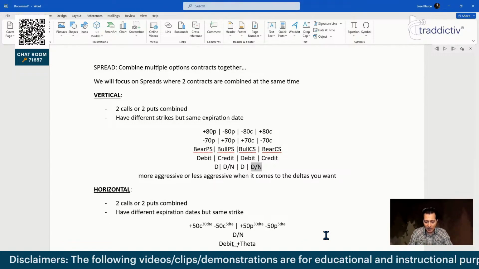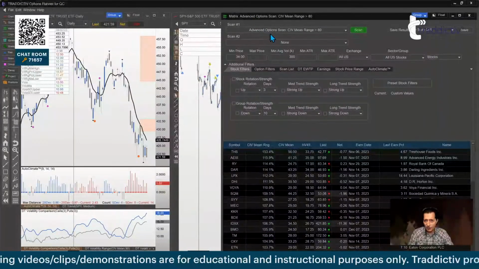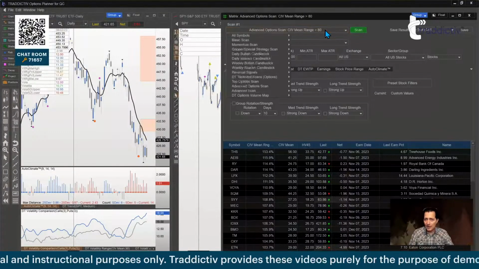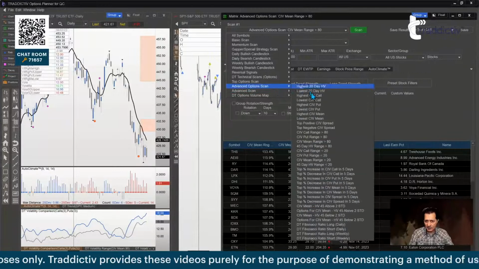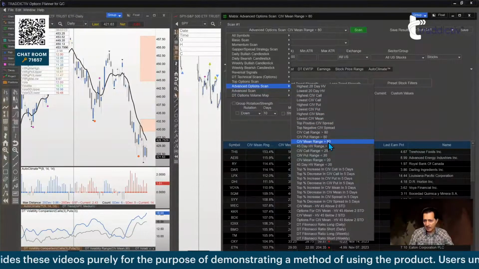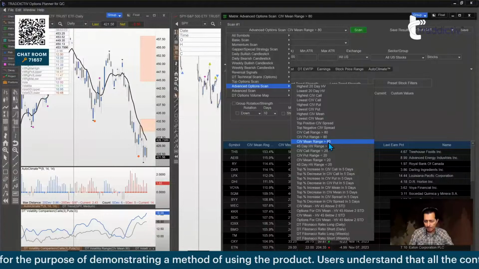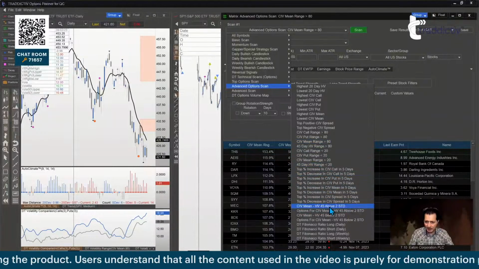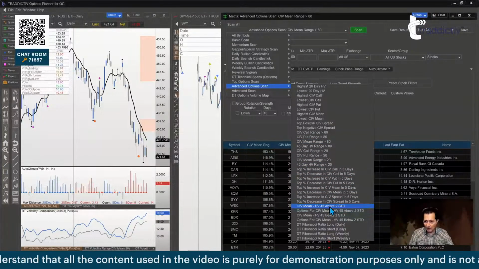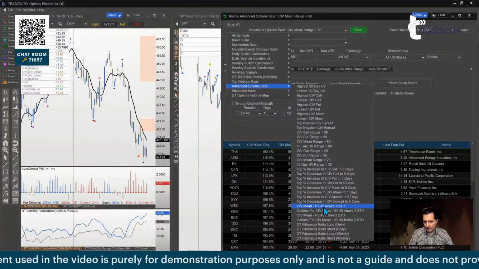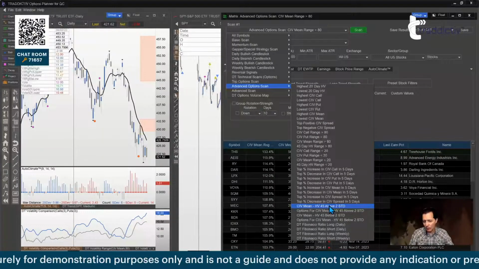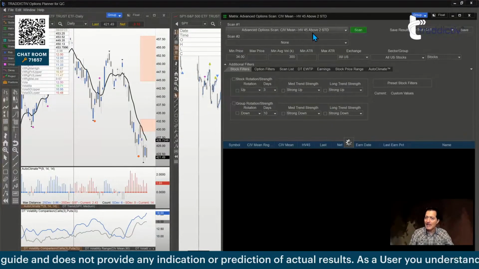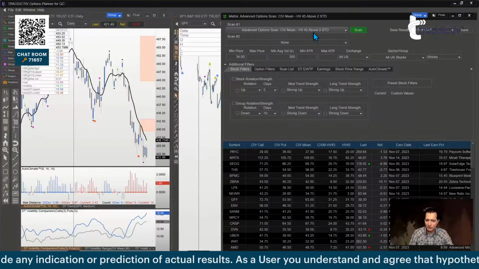So if you want to do credit spreads, rule number one of the filtering would be you want to have expensive options. This could be accomplished in three ways. Choice number one is select CIV mean greater than 80. Choice number two, you can look at CIV mean above two standard deviations of the historical volatility range on the last 45 days. That is also expensive options, maybe a little less expensive, but this is also expensive options.